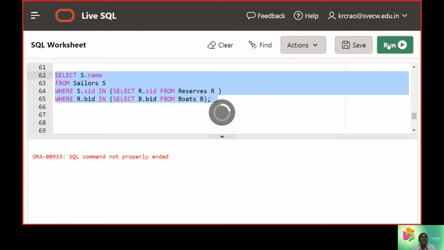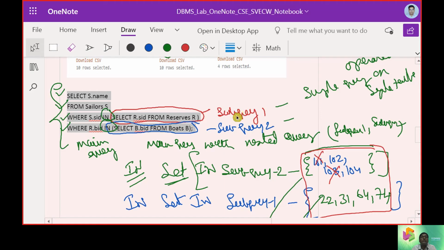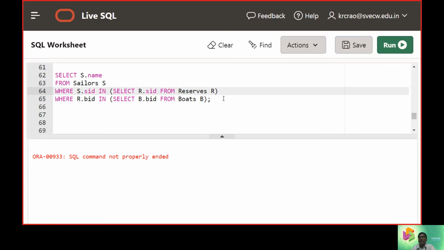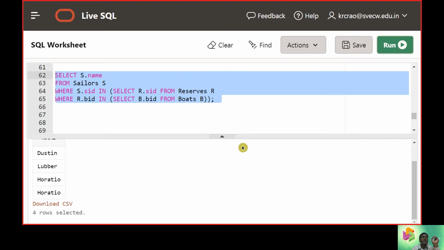Now let us hit the run button. Something went wrong here, so hit the run button again. Now we can see Horatio, Lubber, Dustin.